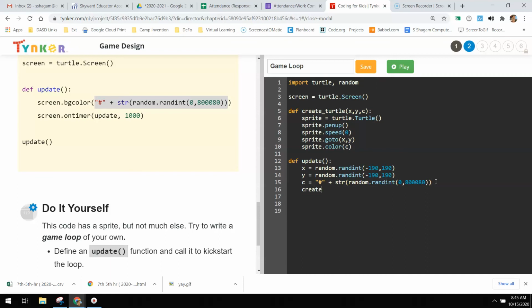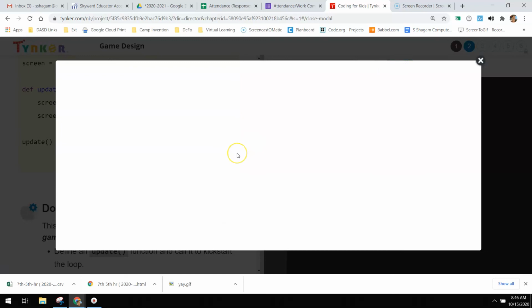Now that I have those three values that I want to call in here to create the turtle, the X location, the Y location, and the C, I can call the create turtle with those new values, those random numbers that I just came up with, and create a new turtle. And then I can call my screen and say on timer. So every time that timer goes off, I'm going to call the update, which is calling myself, that recursion, every 1 second. Now nothing will happen unless I call myself to begin. So you have to call that game loop the initial time to get it running. And now when it starts running,